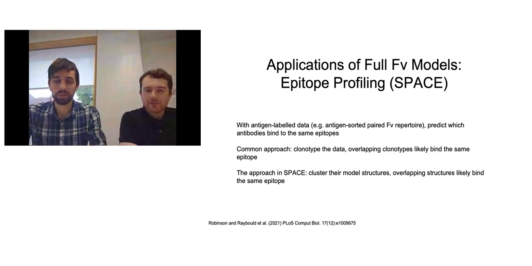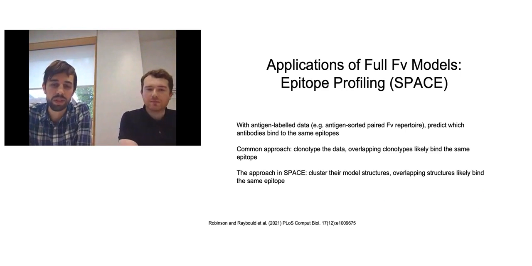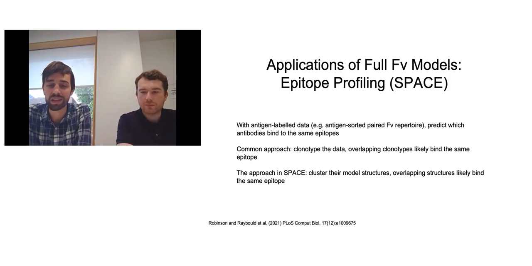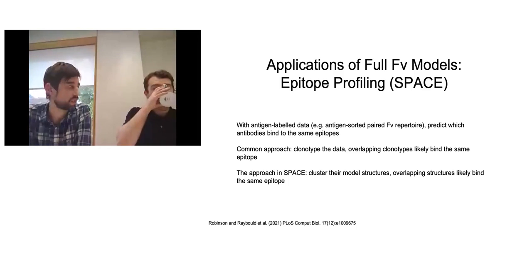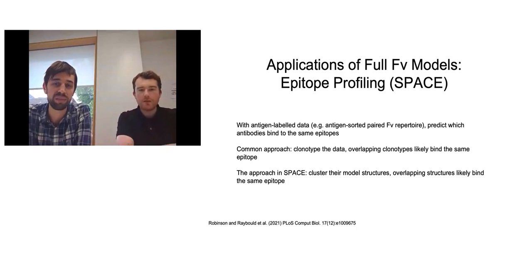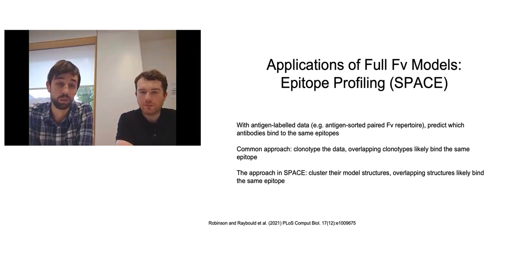Yeah, brilliant. So we've seen how structure can be used implicitly to predict and cluster based on which residues are most likely to be involved in binding. We've seen how we can apply structural annotation to antibodies in isolation from one another, cluster their predicted structural properties and learn what's going on in the repertoire from that. And now Fergus has walked us through how we could go about building full FV models of our paired sequence data. So in the next few slides, I'll show what we think are really cool applications of what you can do with these full 3D models of the FV binding site.